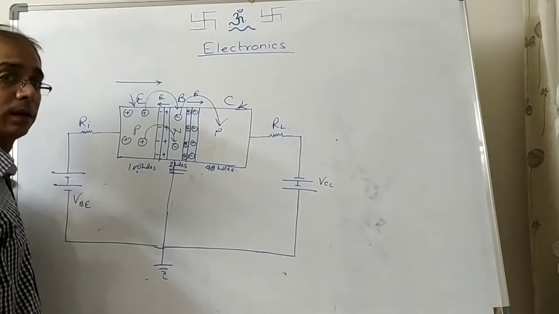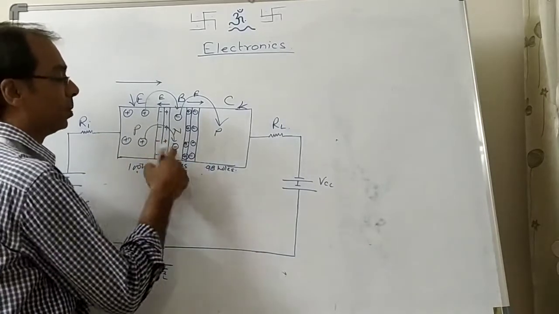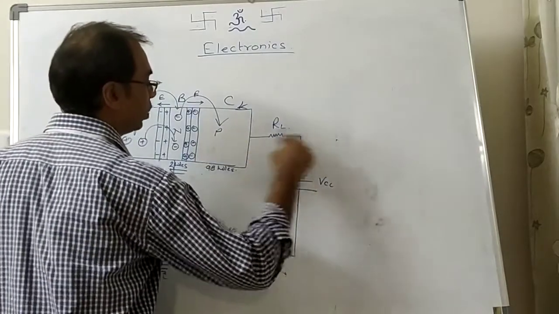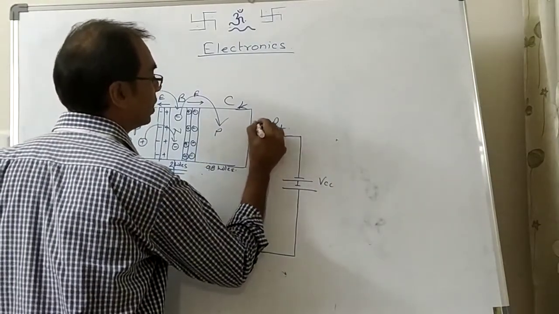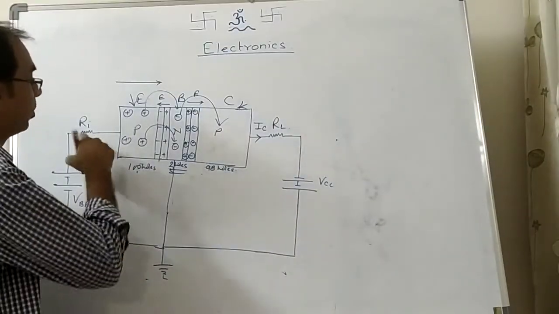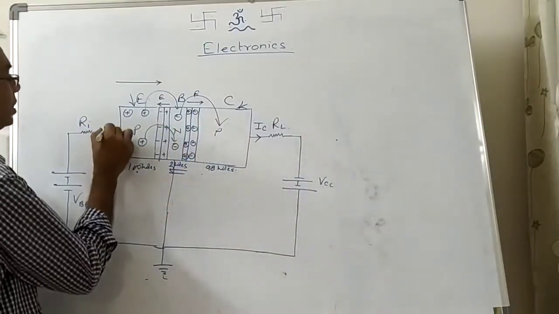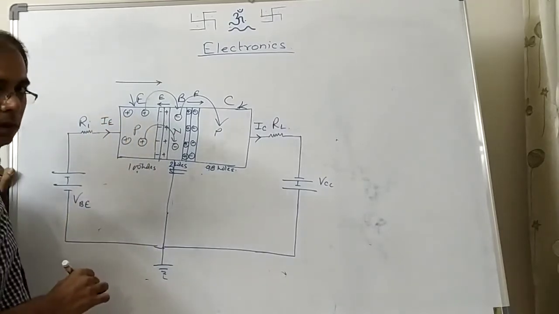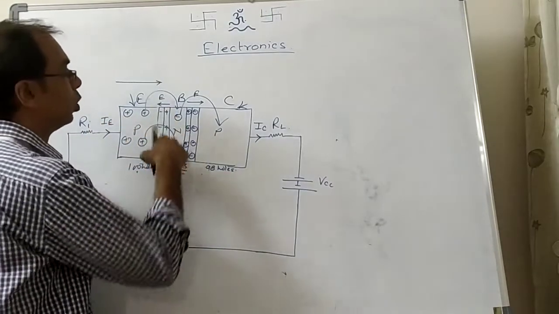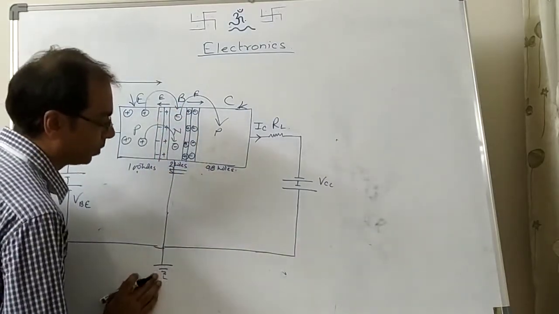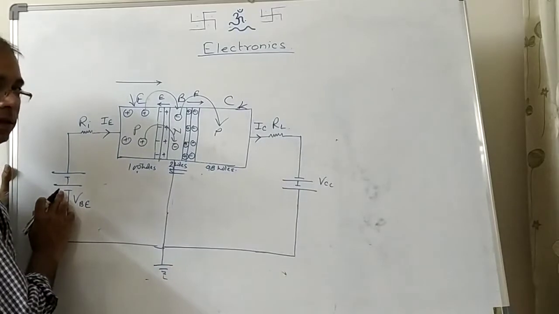Are you able to understand? Only 2 holes will be mixing with this one. So if collector holes are going in this direction, we are going to get the current in this direction, which we will call IC. And from here the majority of holes are going in this direction, so our current here will be IE. And here there are 2 holes which went in this direction and mixed with this one. So what happens from the earth or from this negative end?